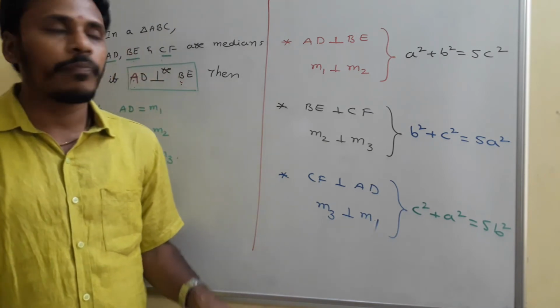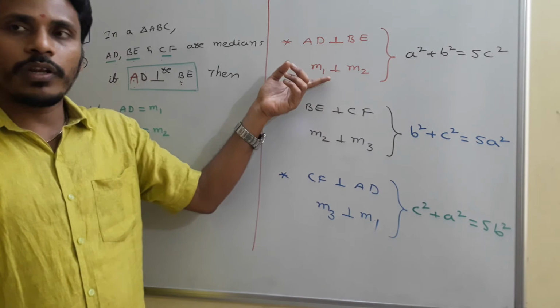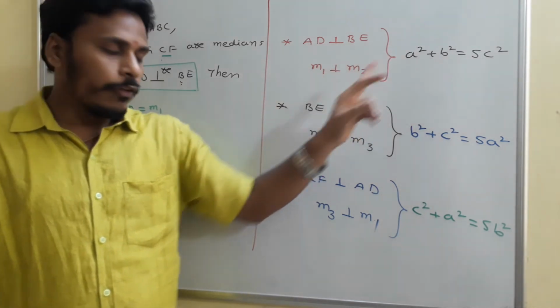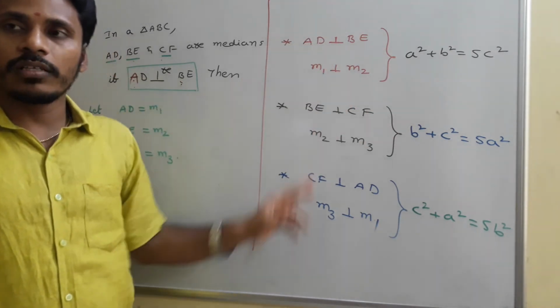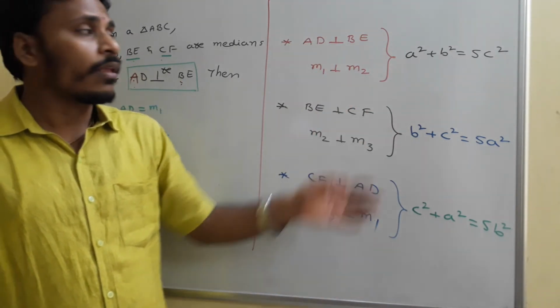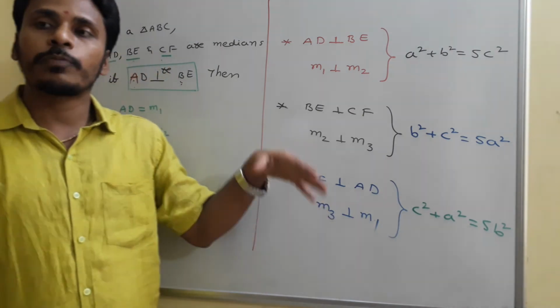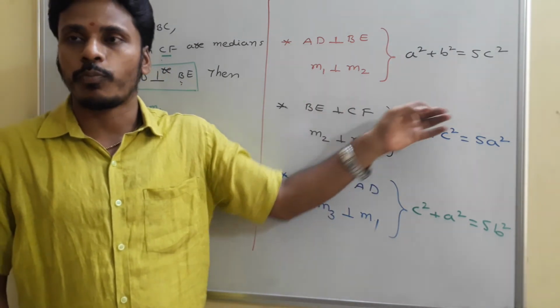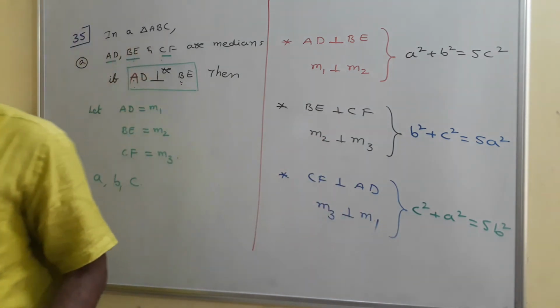According to the problem, we need to choose that particular relation. If the first one is given, use this relation. If the third one is given, use this relation. At a time all these three won't happen, so at a time you are not allowed to consider all these three relations. As per the problem you need to consider the corresponding particular relation and solve the problem, and that's the thing. Okay, right.